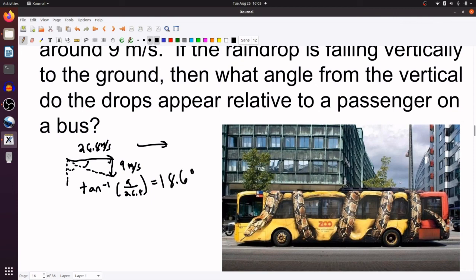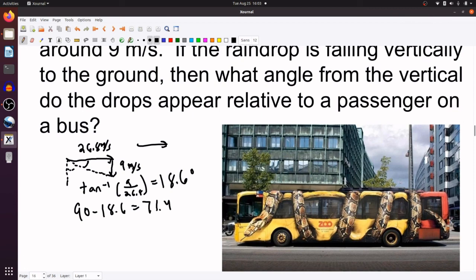Okay, so this is 18.6, and then we need to take the complementary. So 90 minus 18.6, and we get 71.4,